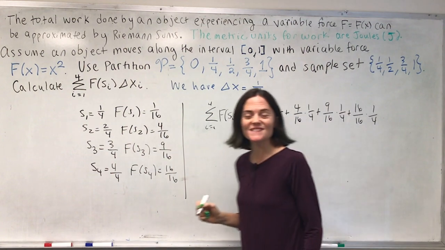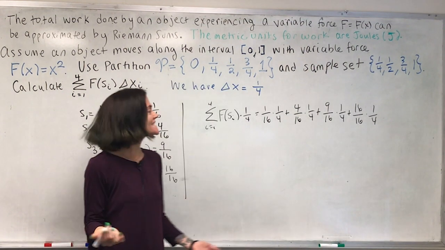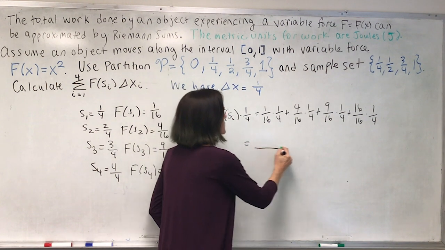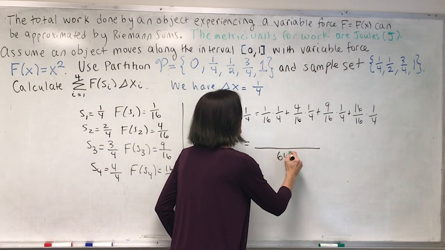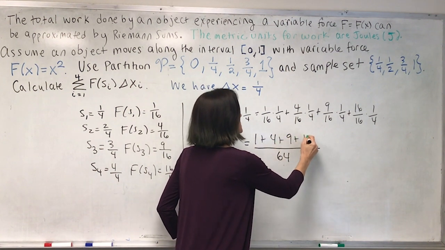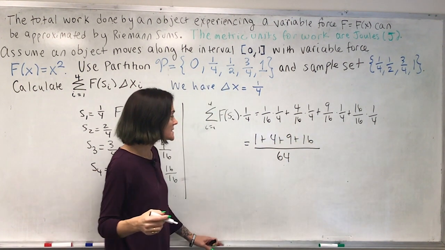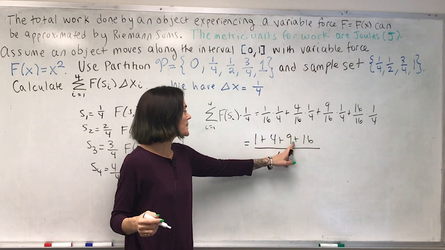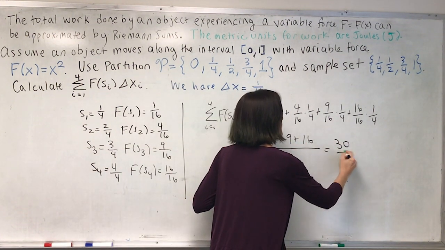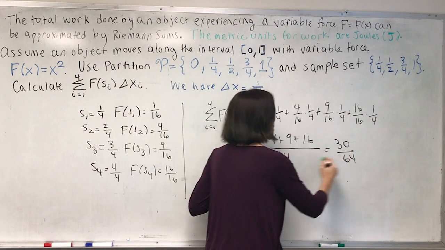And maybe now you see why I kept everything over 16, because now I have everything over 64. And I have 1 plus 4 plus 9 plus 16, which adds to, this is 20 and 30. We get 30 over 64, or